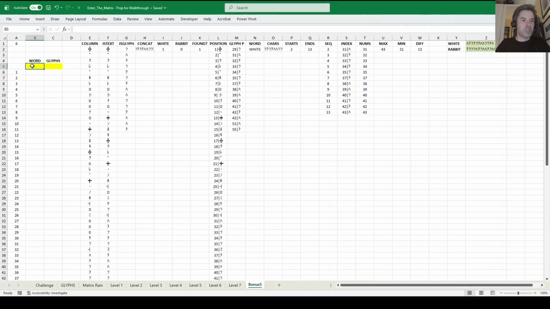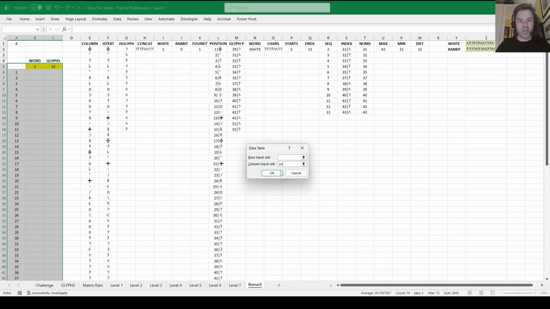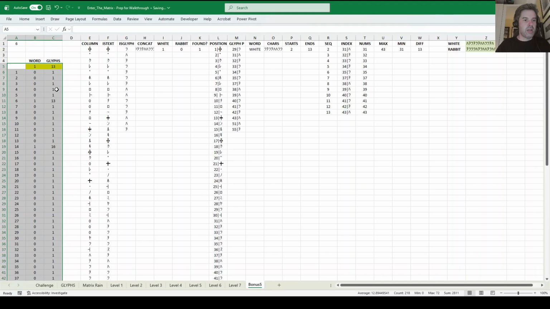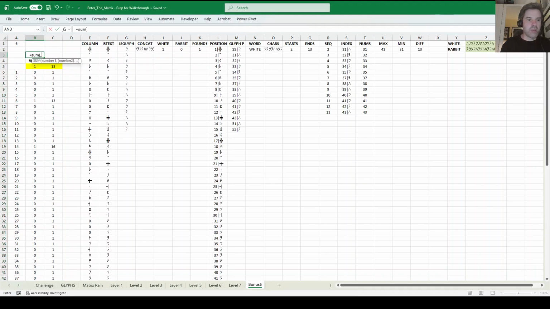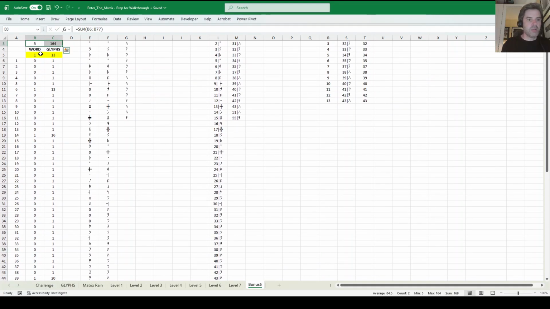So we're going to set up our data table. The word count is whether we found something, and the number of lifts is this total here. When we set up our table, Alt-DT, based on what's in A1, we get all of our values. Then I'm going to sum these two columns and fill that to the right,